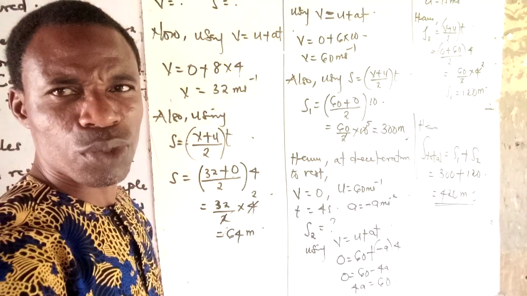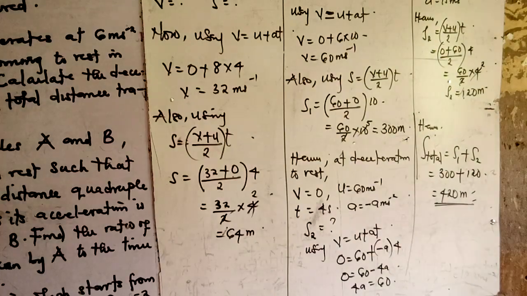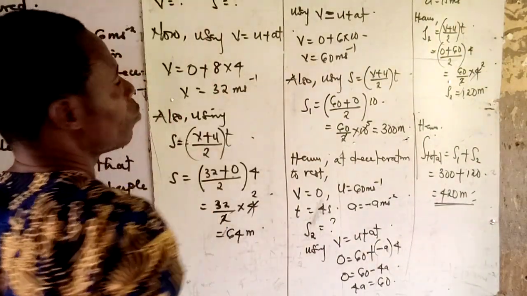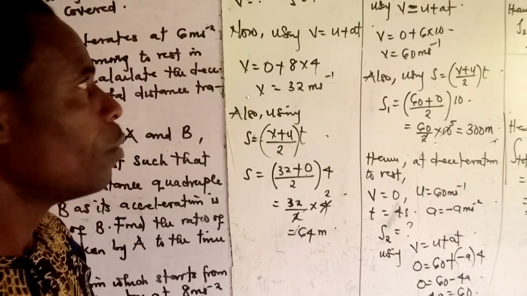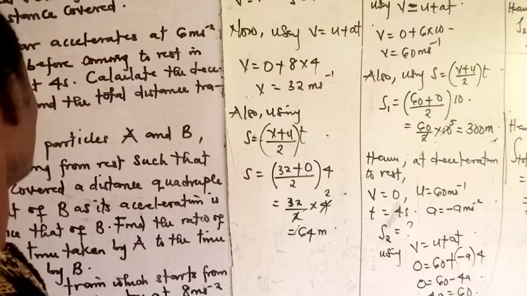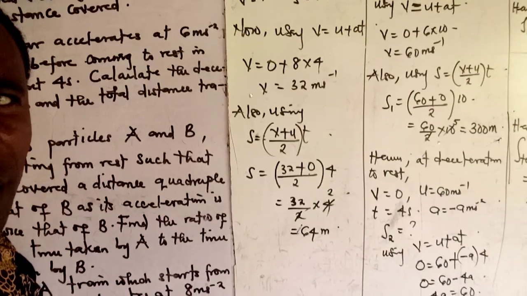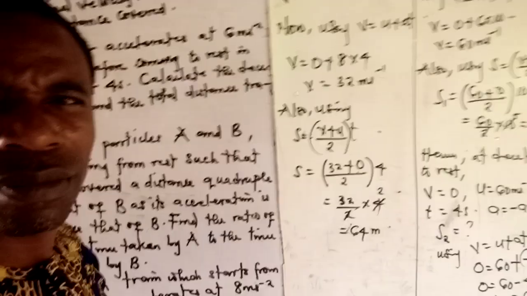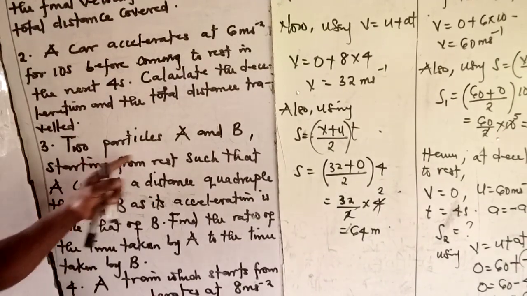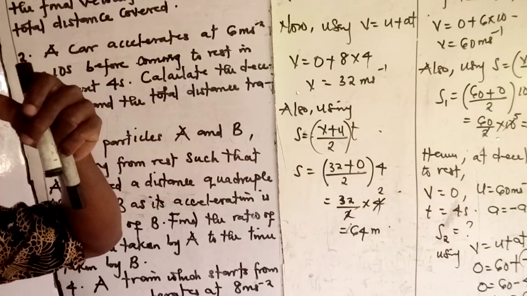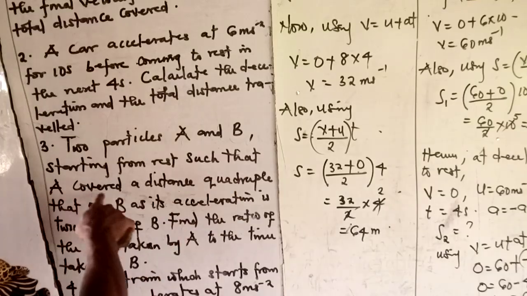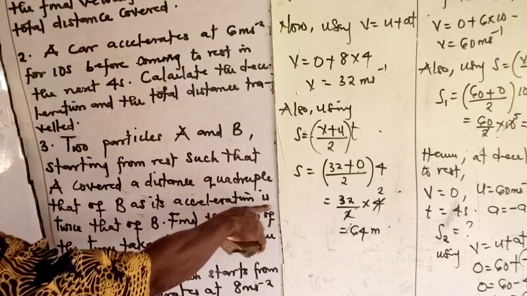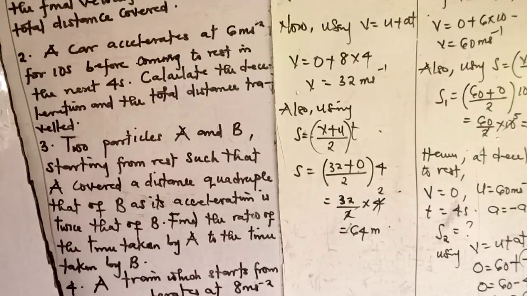Now let's move to the third question. Look at the third question here as we read it. Two particles, A and B, starting from rest, such that A covered a distance quadruple that of B as its acceleration is twice that of B. Find the ratio of the time taken by A to the time taken